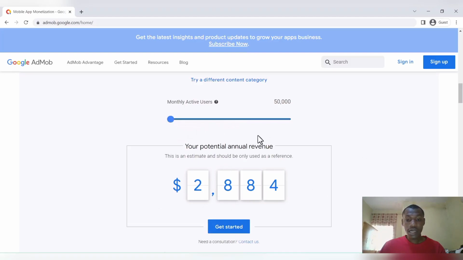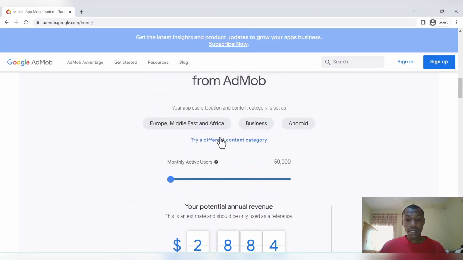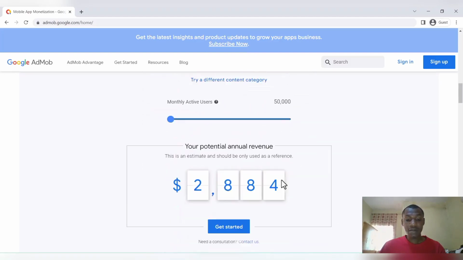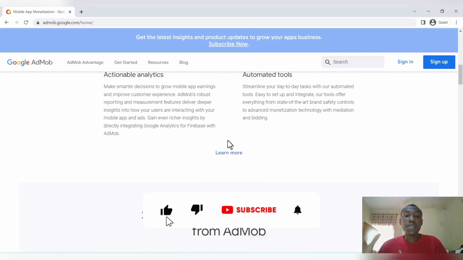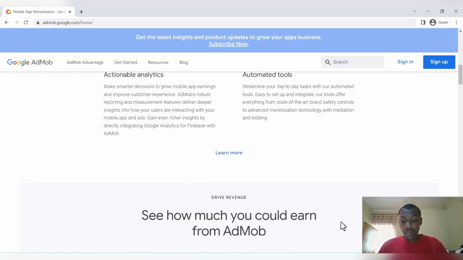So you can see the business aspect is having more than the finance aspect. You can earn more revenue with business than with fitness and wellness, right? So you can come here, do your research, and know what type of application you want to create. But if you already have an application in mind that you want to create, it's fine, right? You just need to do some things. I'll be explaining the steps you need to take so that you maximize your earnings and create